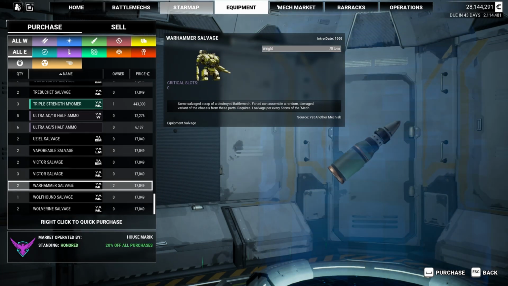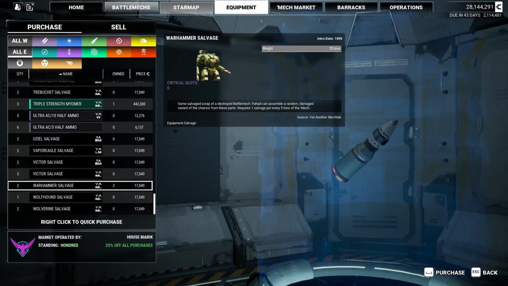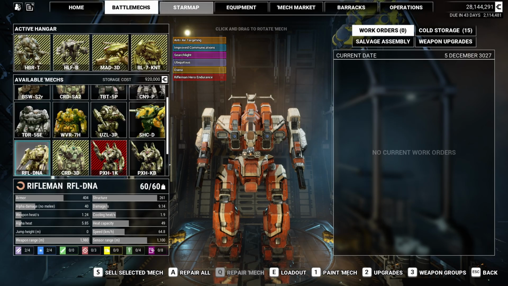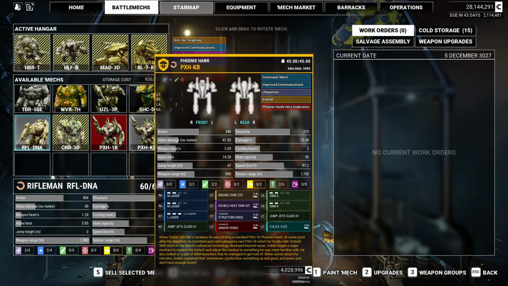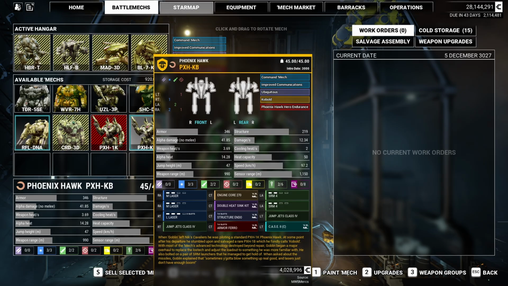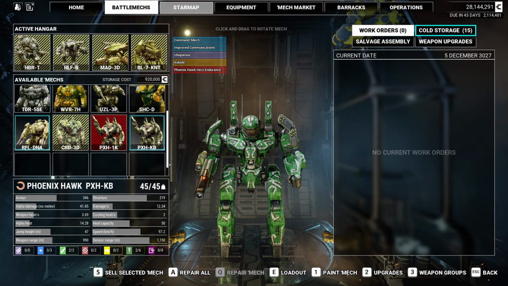But we got Warhammer stuff. Although, didn't we get a Warhammer? Don't I have one? Oh yeah, we got some partial. Oh yeah, that's right. Wait, I'm confused. This is my mech I've had, right? We just picked that one up. Okay, so I'm going to...